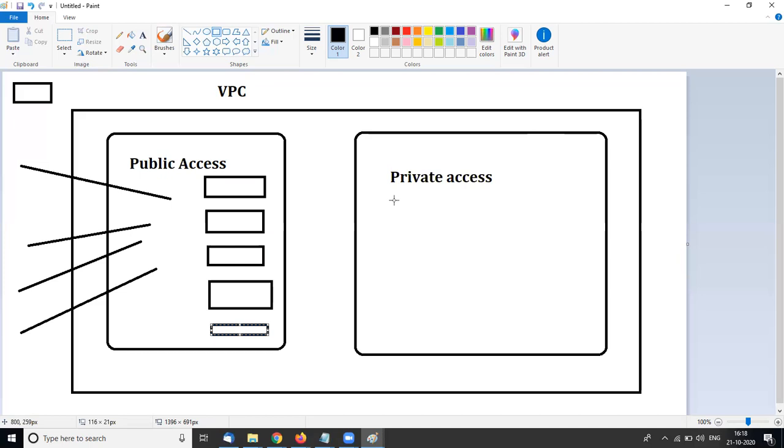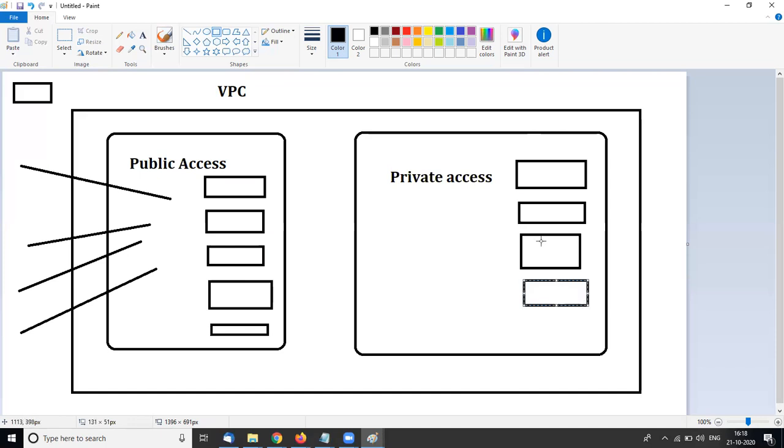You also create some database servers in the private subnet, so no one can access them. There is no internet on these servers, so no one can access them, but you can access them from within your VPC.